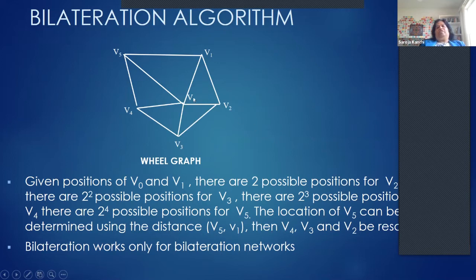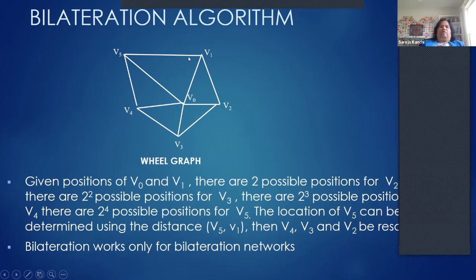So in this example, for instance, if I know the location of V0 and V1, I know V2 is adjacent to those two. So there are two possible locations for V2. I may not know the exact location of V2, but I can find two possible locations of V2. Using those two, I can then find four possible locations of V3, because using those two and its distance to V0, which of course is an anchor, I can then find 4 locations for V3, then I can find 8 locations for V4, 16 locations for V5.